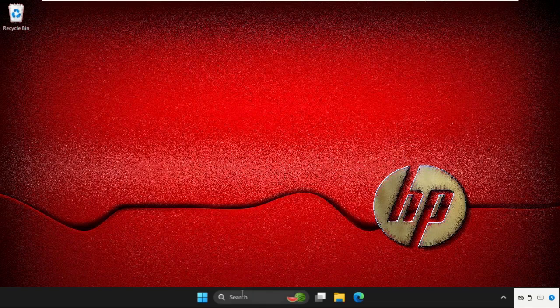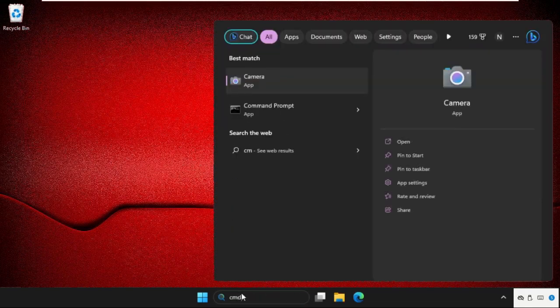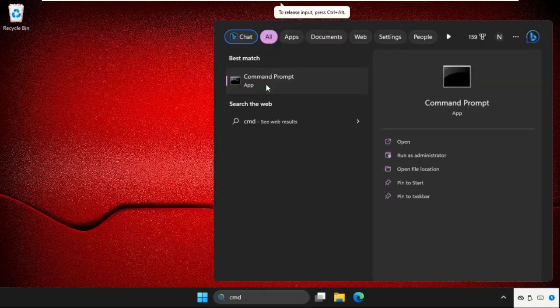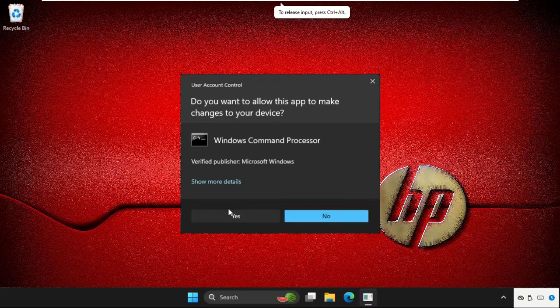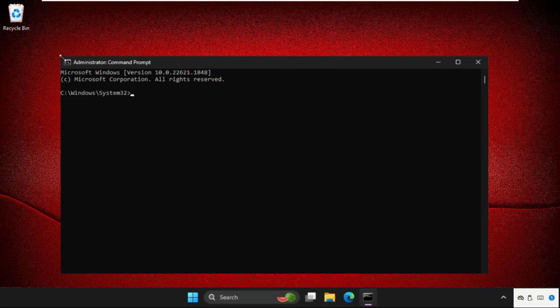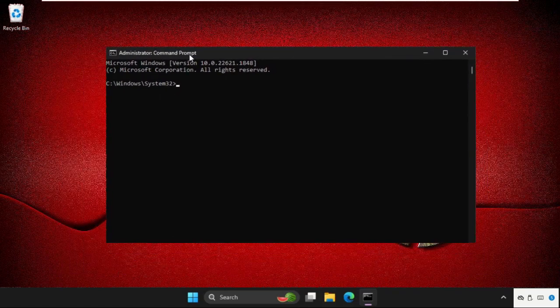So it's not a big issue. Now go to search bar, type here cmd, right click here and go to Run as administrator, select Yes. Once we are here, we need to execute some commands, so type these commands carefully and simply hit enter to execute them. Type in net space localgroup